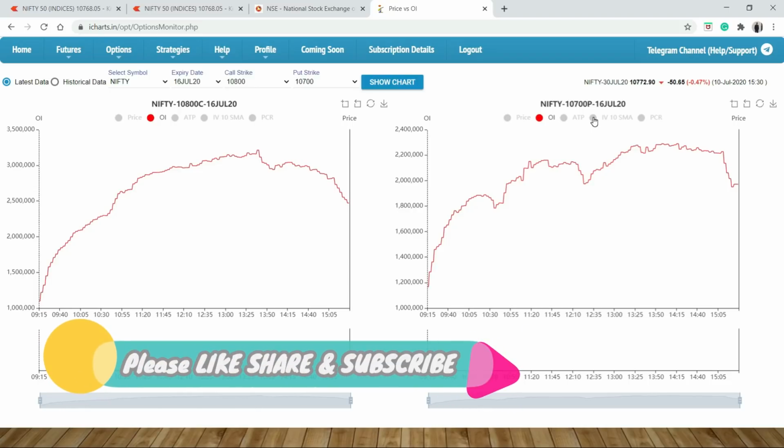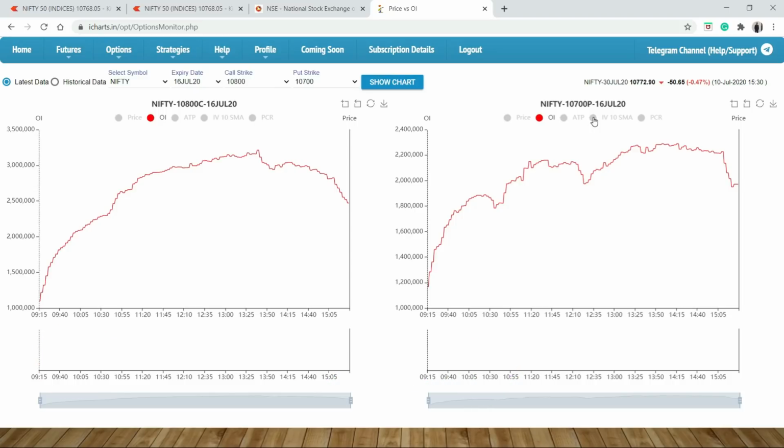So this is all we talk about for the morning session. But if you have to check the afternoon session, what do we have to do? Again, we check the same thing from morning up to 1:30. So we have to track the OI data every hour. In the morning we track every 5 minutes up to 10 a.m., and after 10 a.m. we check every 30 minutes in which strike how much OI is built up.